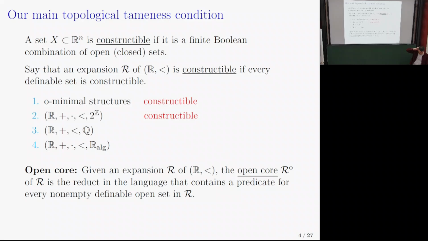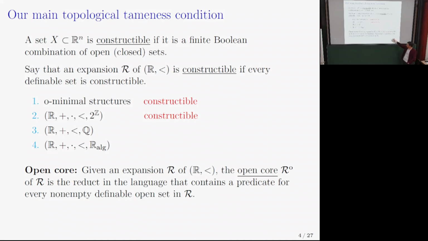So some people might not like it that much, but I would argue that it makes a lot of sense, this definition. So first of all, if you're in an algebraic language where you just have a bunch of operations and it's a topological structure, you want them to be continuous. So then all your primitive definable sets are closed, and you would be in the case of an open core, right? The structure itself would be its own open core.